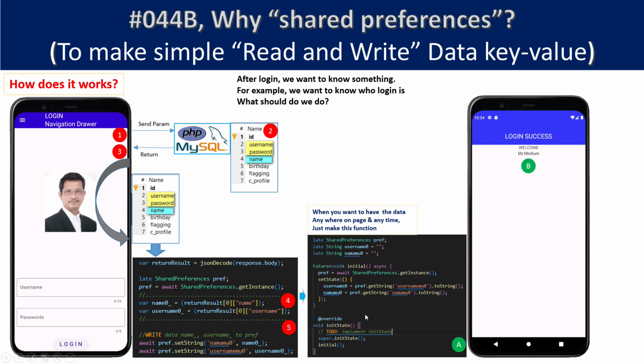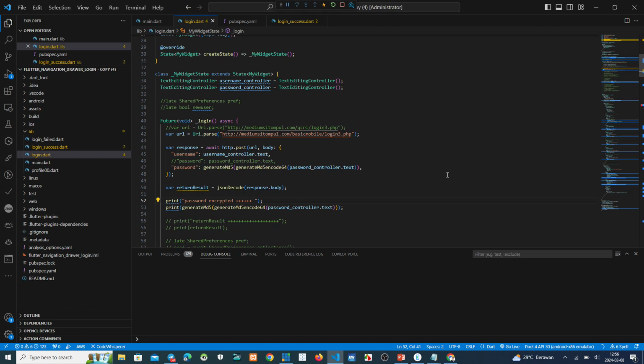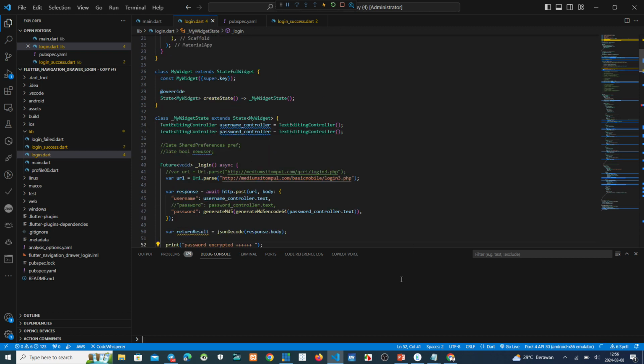Now we make a step by step using the script. This is my script from before. This is a series development.